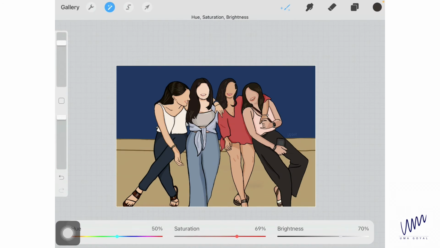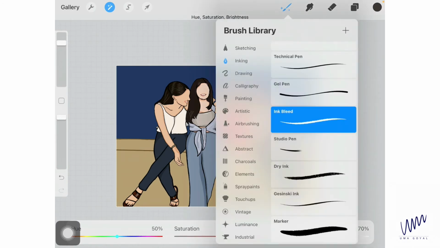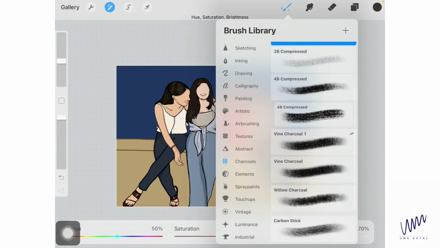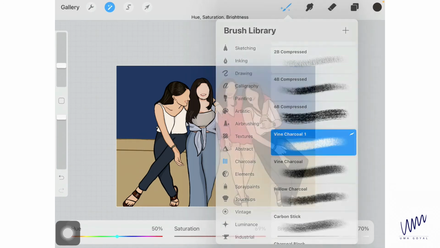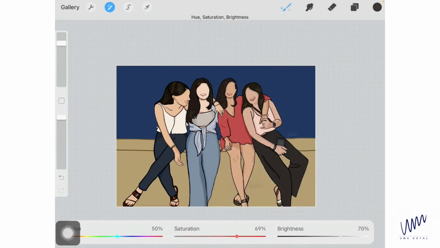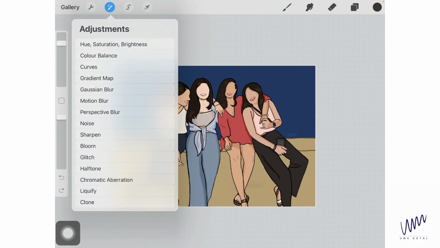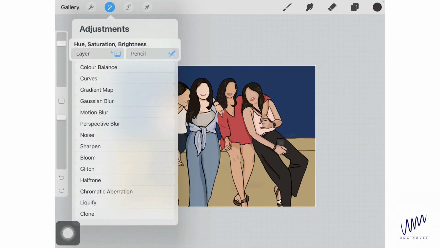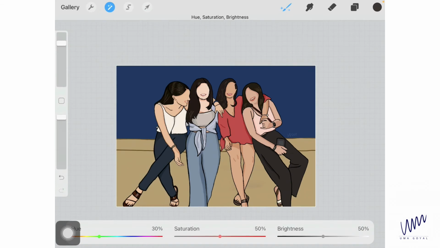I'm just going to go in brushes and maybe select a charcoal brush, increase the brush size, hue and saturation, and pencil, and I'm going to just randomly make some changes to these values.